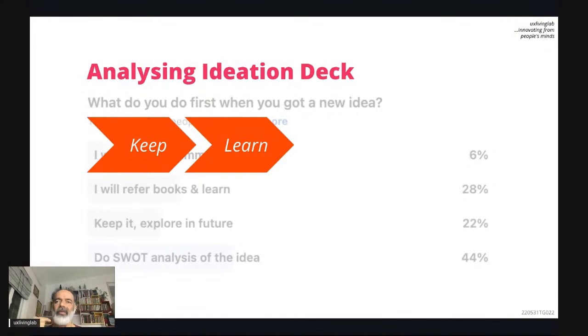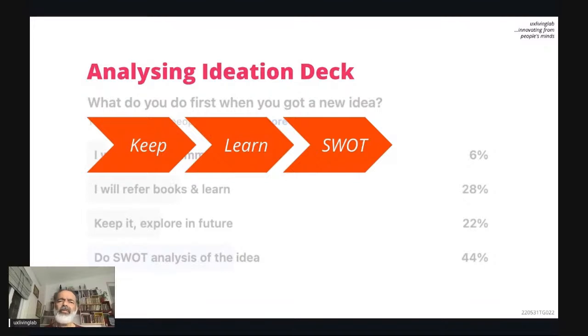So you start learning, refer to the net or refer to books. You have to start learning. You have to learn. Otherwise, you can't expand the idea to the next level. The next is, if you are an expert, or you have learned a lot of models and the theoretical sides of that idea, or you have done a lot of mind work on that idea, you can do the SWOT analysis.